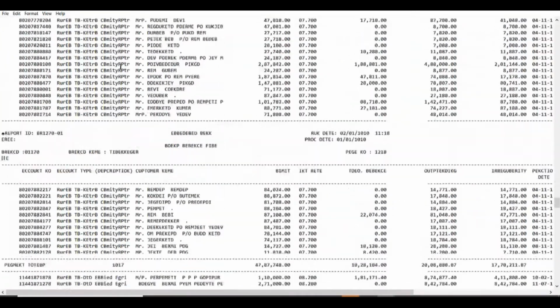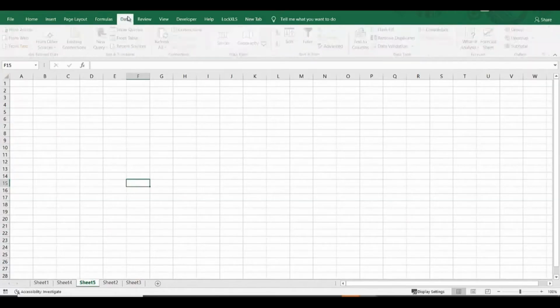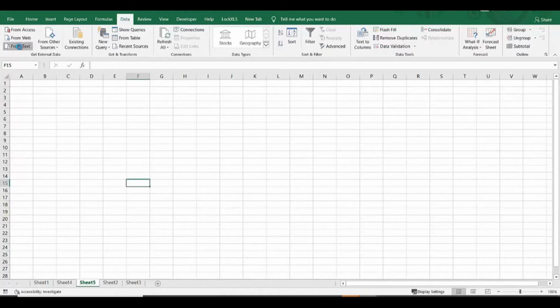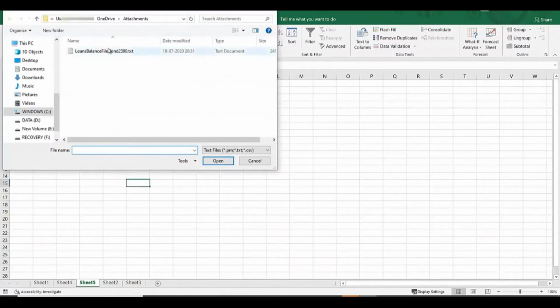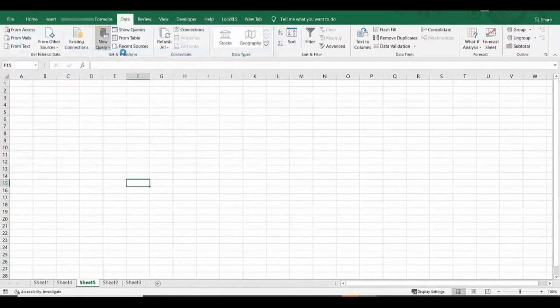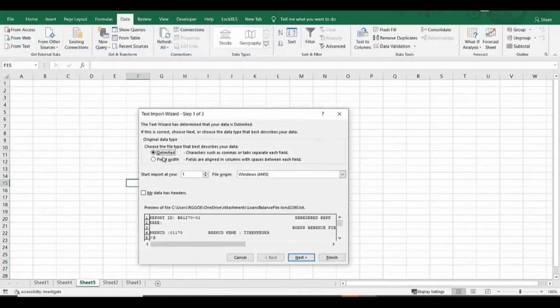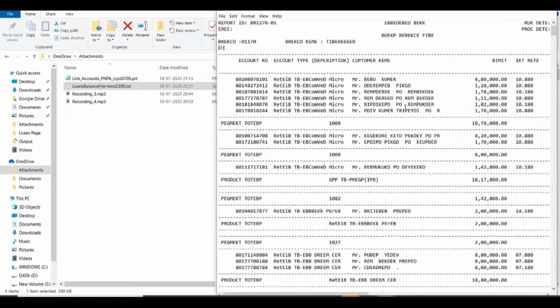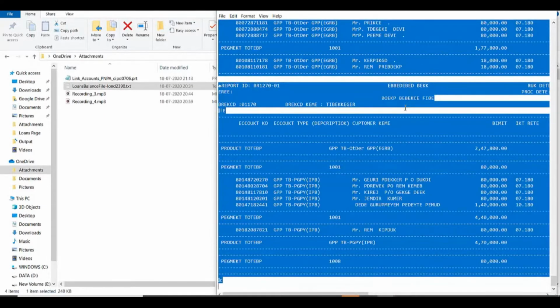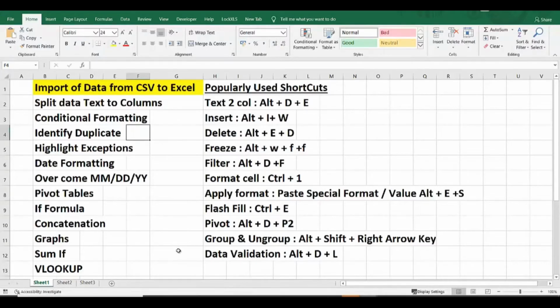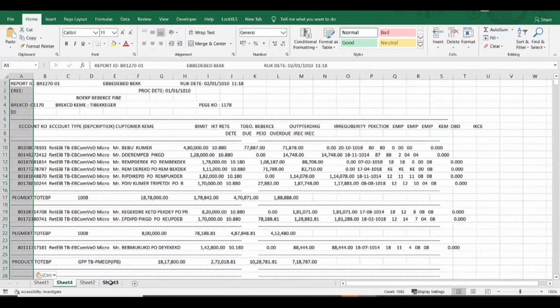First is go to Data tab, click from the text, and then select the file and click open. Or second and simpler way is to open the text file, press Ctrl+A to select all, then press Ctrl+C to copy, and then paste this data into Excel sheet by pressing Ctrl+V.